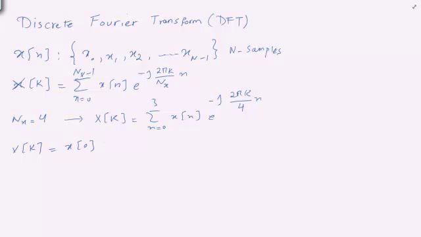First I'm putting n equal to 0. I'm subbing n equals 0 into the sigma. It would be x0 times e to the power 0, which is 1. So x0 is going to be alone here, plus x1 e to the power minus j 2 pi k over 4,